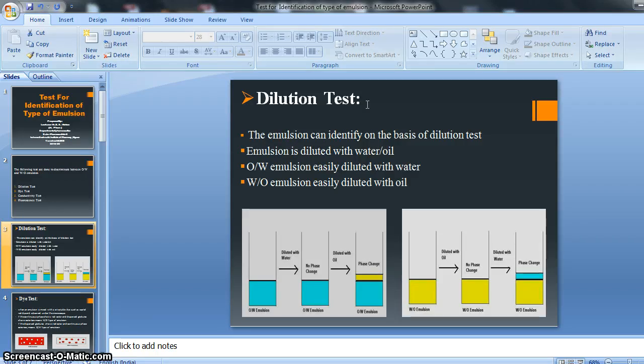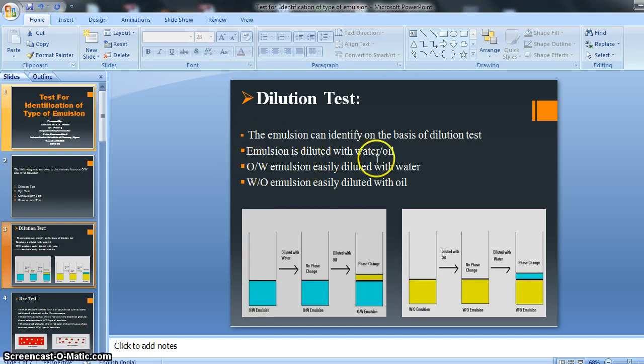Dilution means addition of some other liquid in a large volume.